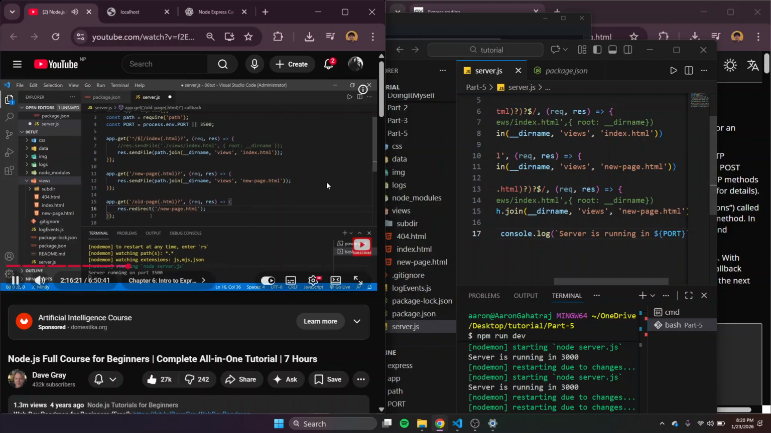Now there is one thing missing, and what's missing here is the response code. Now one will be sent by Express, but it's going to send